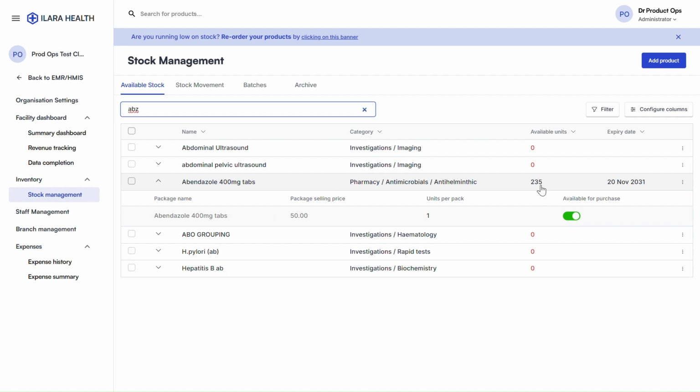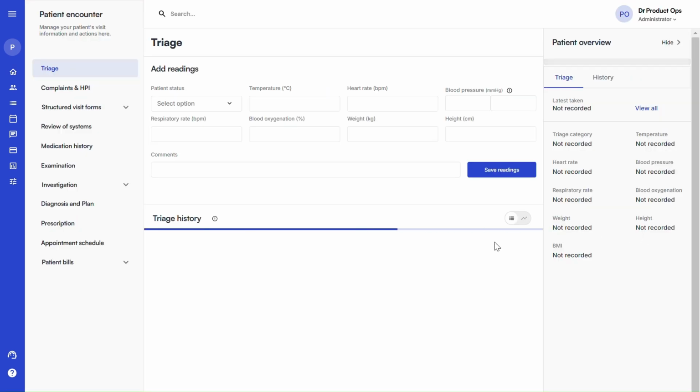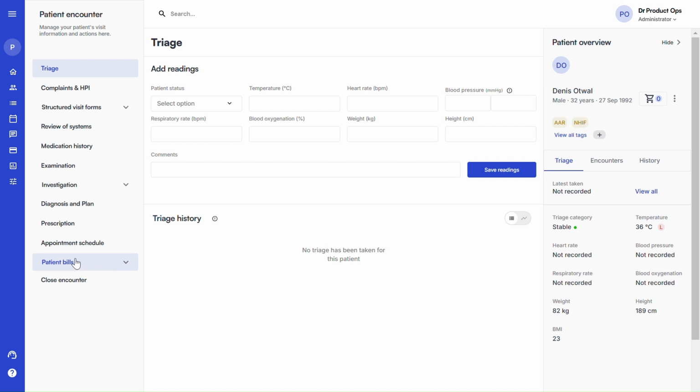When all this is done and every product has the right stock levels, then we can begin to use the billing and inventory features, as we are going to see next. Now, on using the billing and inventory features, we are going to look at how to create a patient bill. To create a bill for a patient like this, you will resume the encounter. You'll be able to see the patient bills section in the patient encounter, which you'll open up and go to